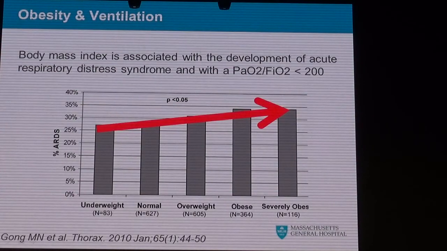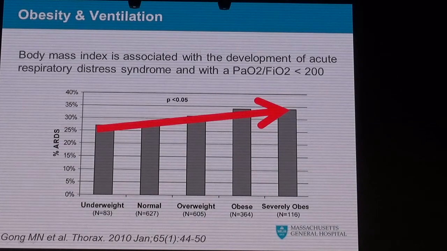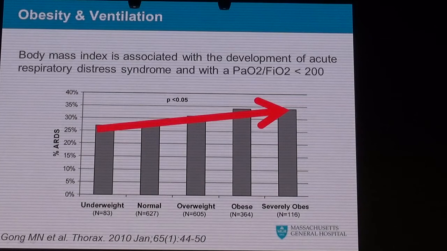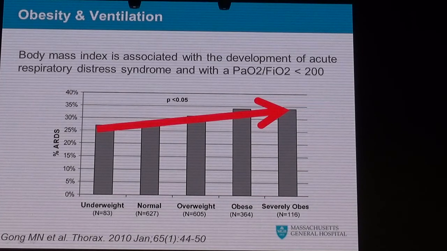So what do we know? We know from the ARDS-NET trial, the group that is studying ARDS in the States, that patients are at increased risk of hypoxia by weight. So going from underweight to severely obese, hypoxia increases. They say ARDS increases. I have some doubts, and then I can show you some data. I would not define it as ARDS, but instead as hypoxic respiratory failure.